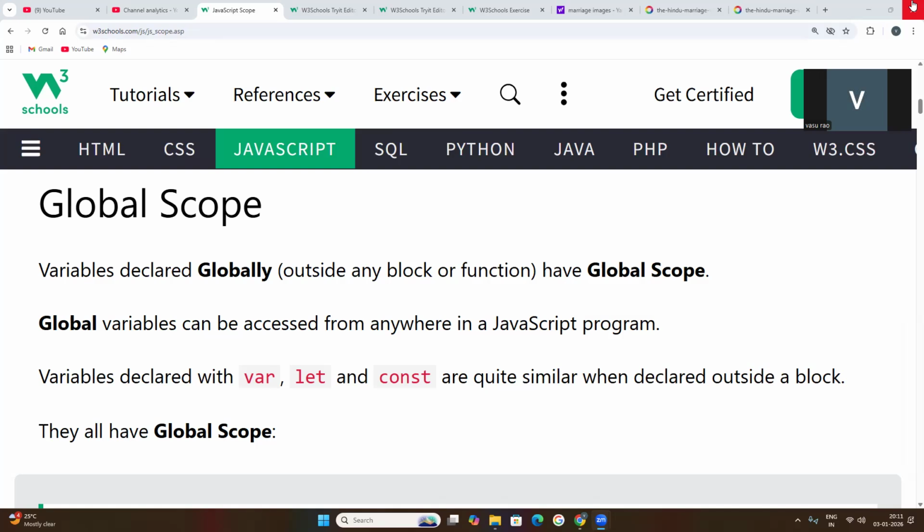In JavaScript, I have conducted so many classes. Today's topic is global scope. So let us try to understand what global scope is. Variables are generally declared globally, outside of a function or outside of any block, so they have global scope.